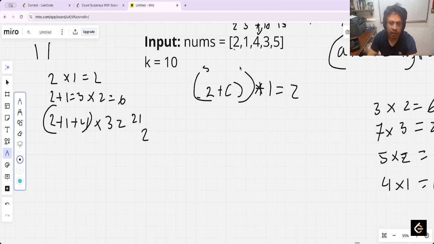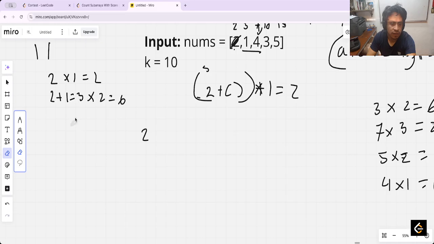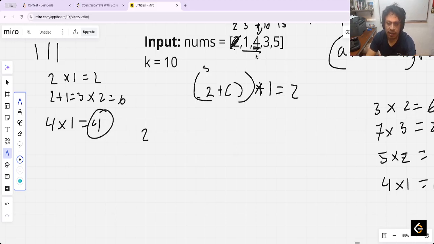21 is greater, means that I need to remove the first. Now is this 1 and 4. 1 and 4 is 5. 5 multiplied by 2 is equal 10, is still greater, only with this. In this case is 4 multiplied by 1, it's equal 4. 4 is minor, yeah. In this case we have this, and now is with this 4 plus 3, that is